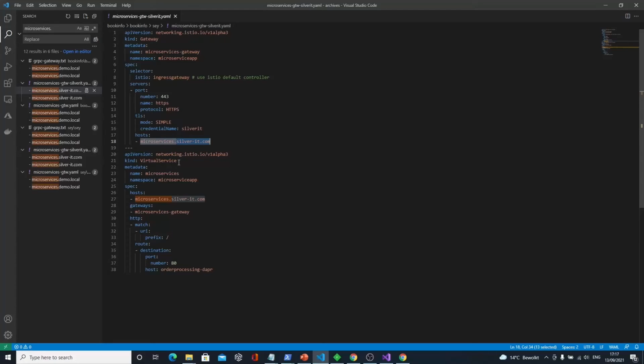And then as part of this config, I also have a virtual service where I could have some traffic rules.